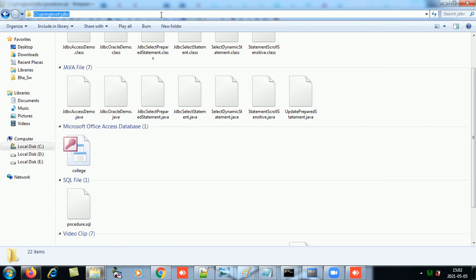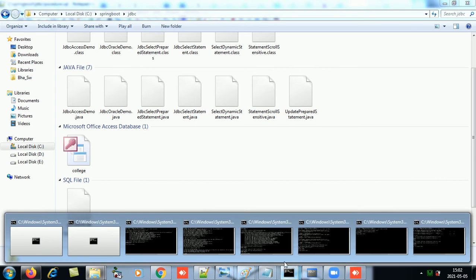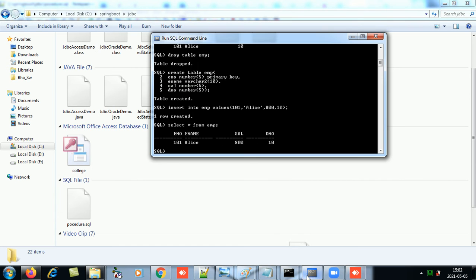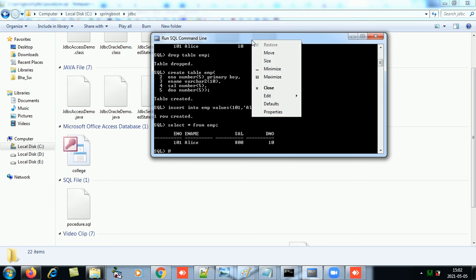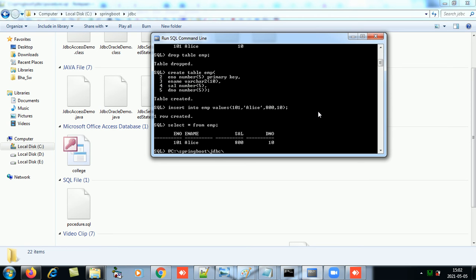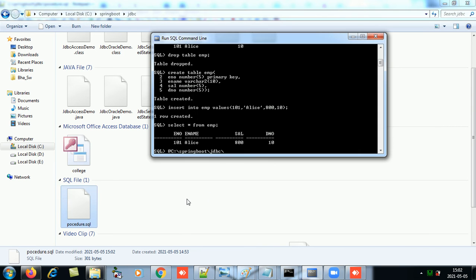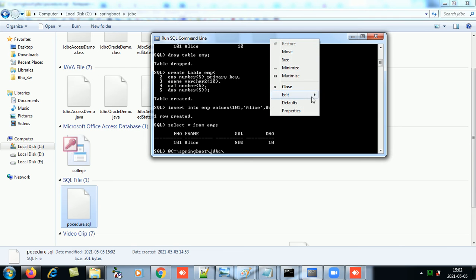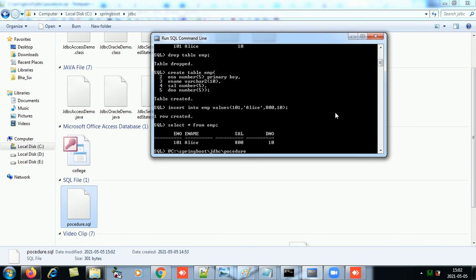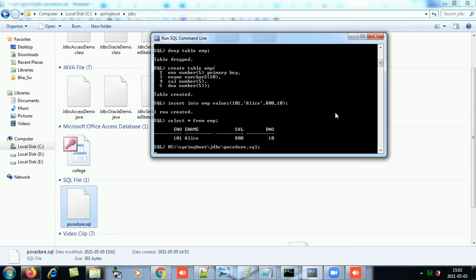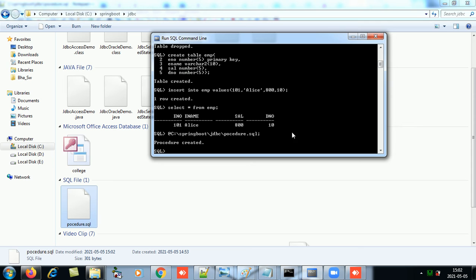Copy this path, and in Oracle just type @ and paste this path. To paste, right click over here, go to edit and paste, and slash, what is the name of the file? Procedure.sql, right? So you don't take any risk, just write it properly, .sql. So let's try. This has created the procedure.